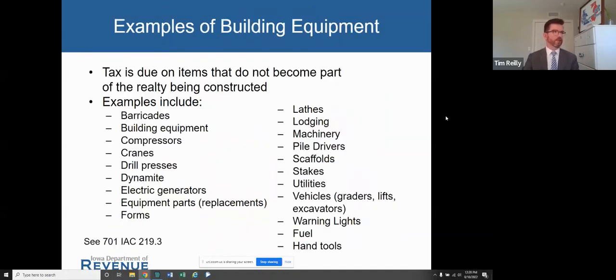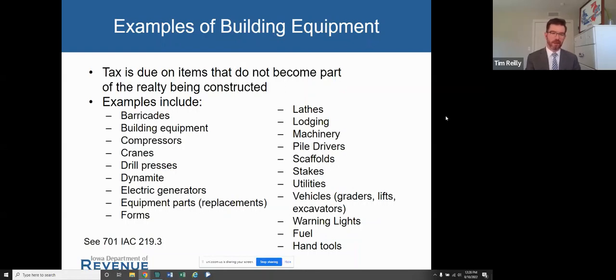Things that are considered building equipment, generally, as explained in the rule, building equipment is typically not incorporated into the product, does not become part of the realty. And so that includes things like lathes, hand tools, generators, compressors, other types of equipment.